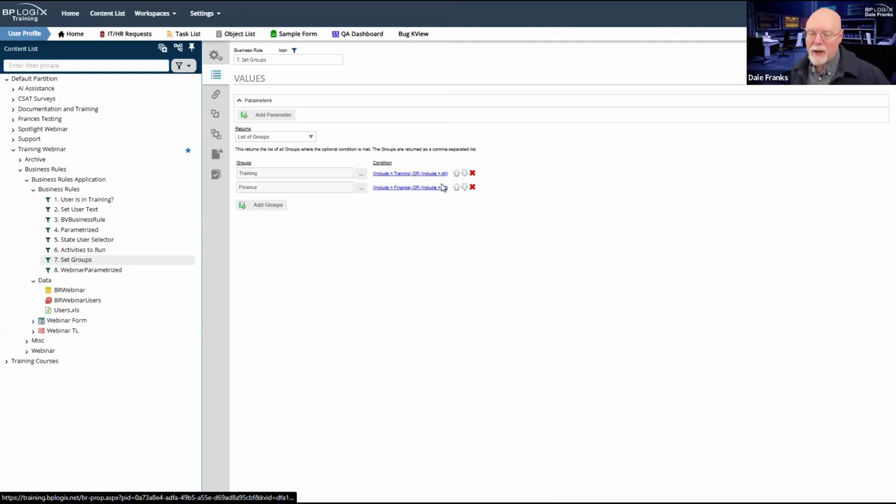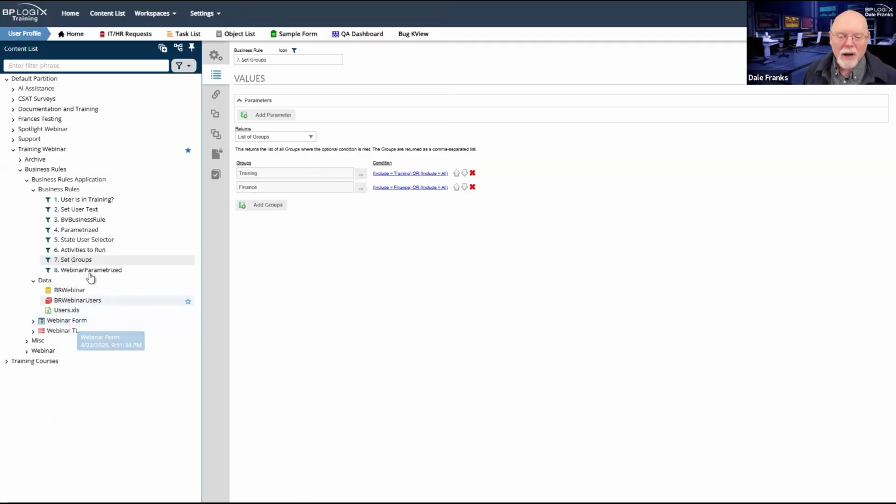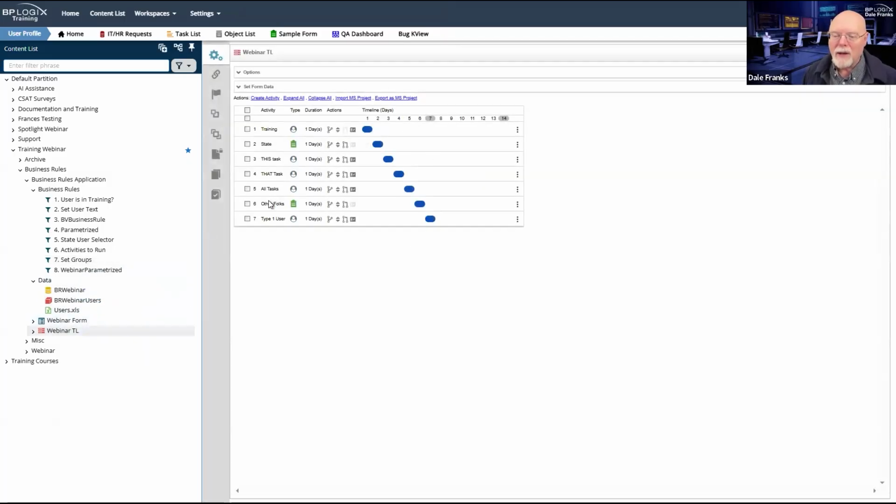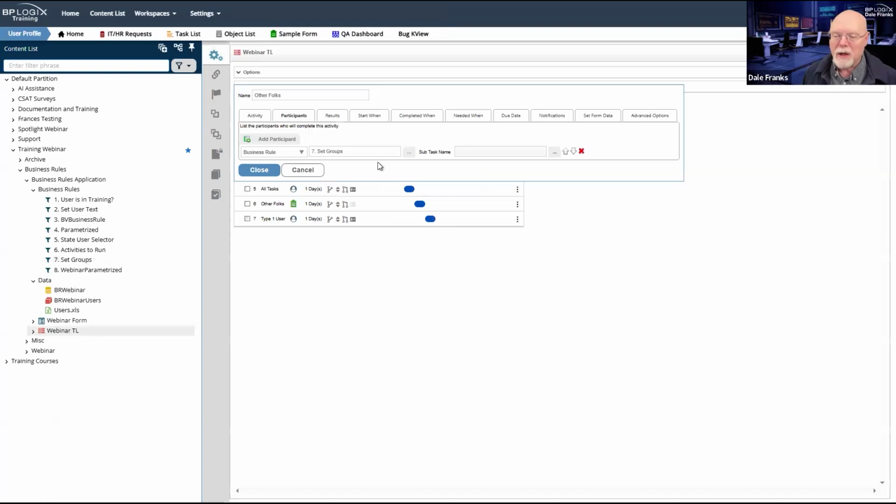Obviously, if you put in all, it will return both the training and the finance group members, and they will all be assigned to the task, because in the process timeline itself, that business rule is what does the task assignment for this particular activity.